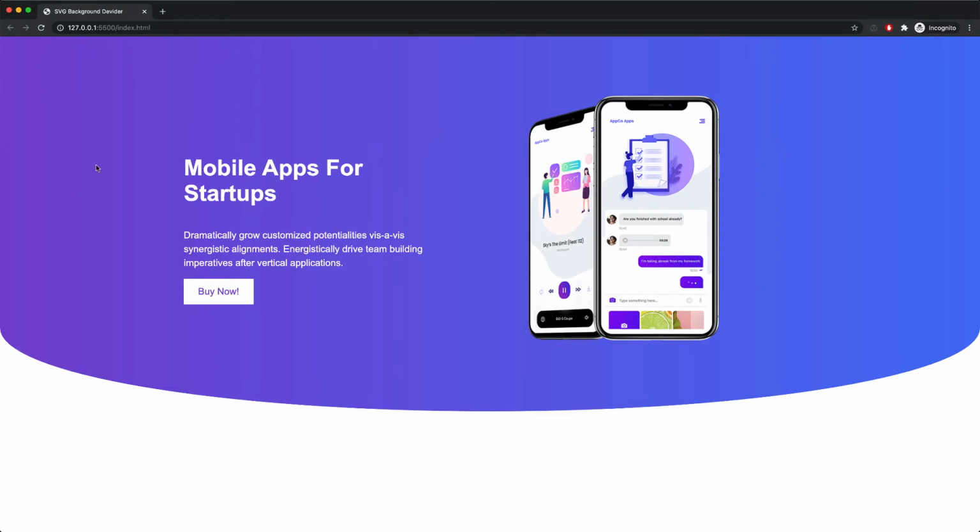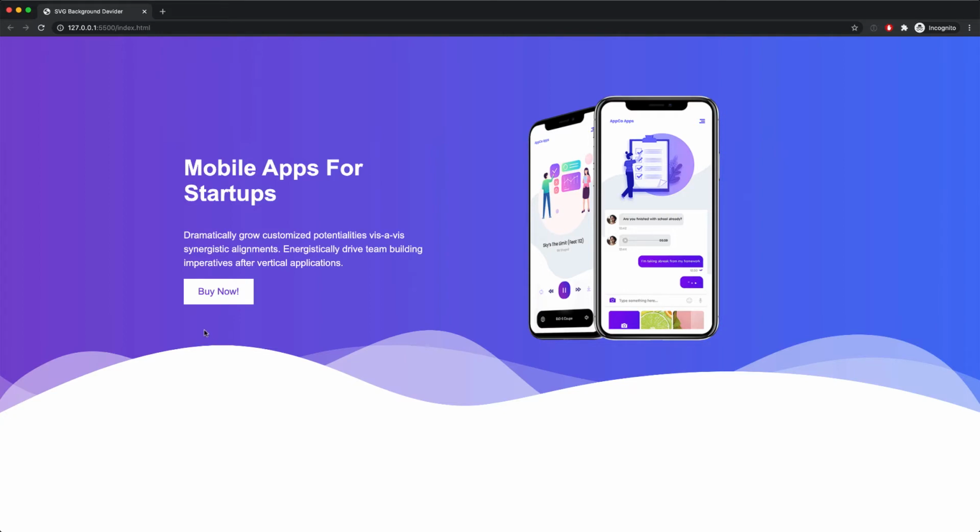Next, you're going to learn how to create this creative background shape divider with SVG. And this is one version, but there are many versions you will see in this project. For example, here we have another version, and you will see even more versions in this project. In fact, you'll be a master at creating this creative background shape divider with SVG.